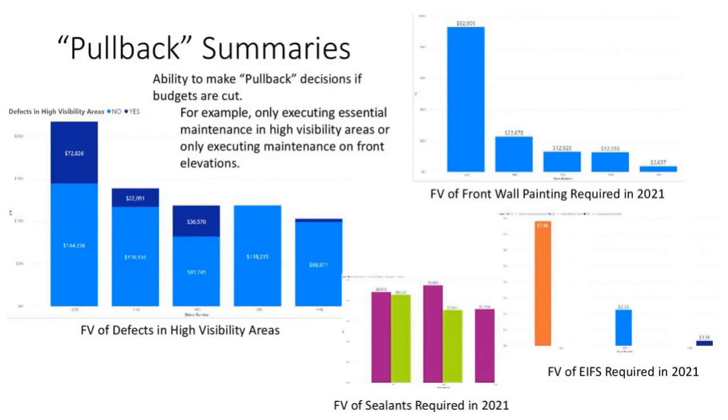So, for example, the bar graph on the left shows how the facility on the far left has $72,000 worth of maintenance needed in high visibility areas. The remaining $144,000 is not in high visibility areas. So this means that $144,000 could be deferred to future years